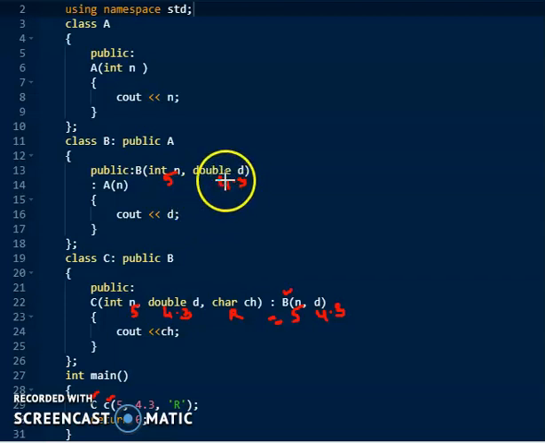But wait, here also I am telling the compiler that before proceeding to execute the constructor here, I am calling another constructor, of class A, that is the base class of class B. Because class B inherits all the properties of class A, I am calling the constructor of the parent class. So immediately your program stops here. I call the constructor of class A and pass the value 5 to constructor A.